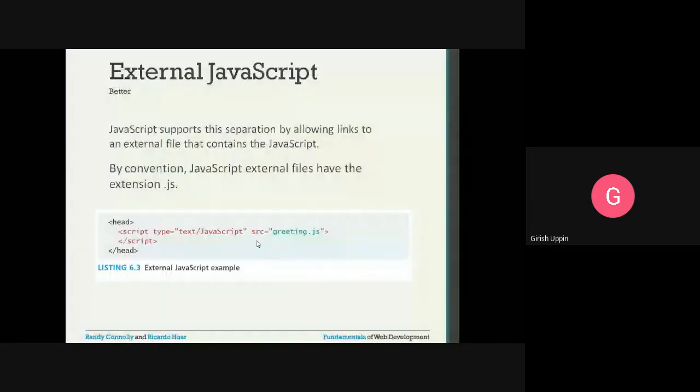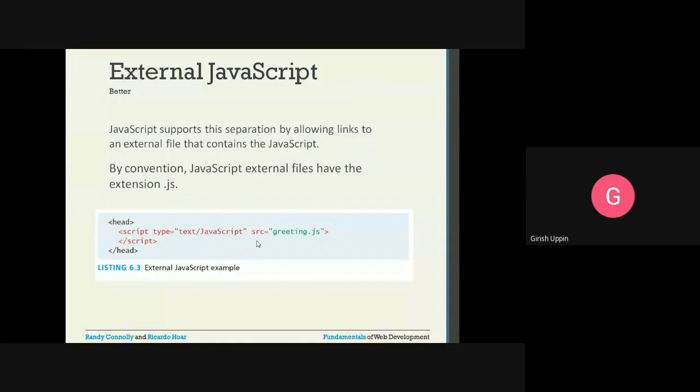Okay, so this is the most preferred way. The reason being, you can keep the JavaScript separate from the HTML document. So similarly, we saw for the CSS also. The best way to have a CSS is as an external file, so that way the styling is separated from the HTML and it is separated from the JavaScript. So all these things will be in a separate file.